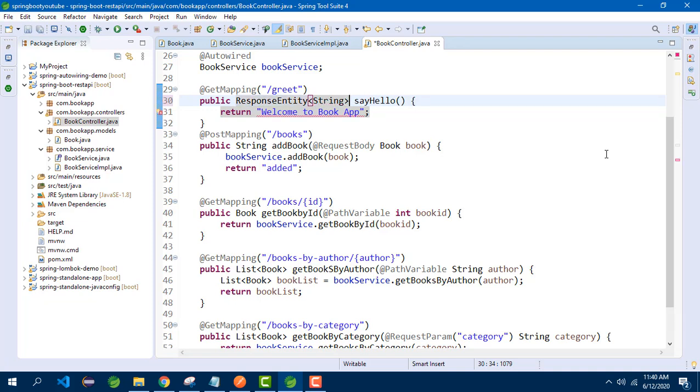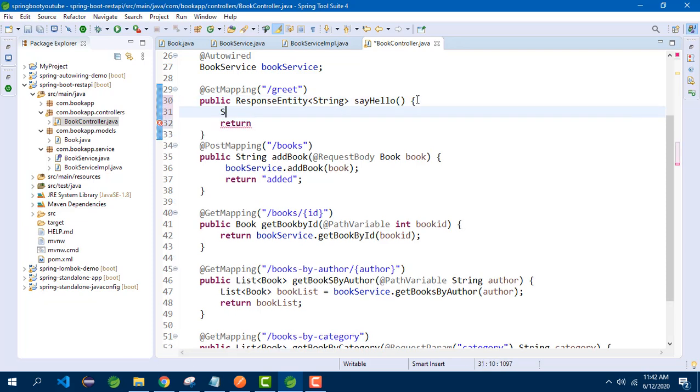Let us modify the code within this method. We need to return a ResponseEntity object, which is the response. It should have headers, body content and status code. The body content of the response should have this message. Let me create a variable of type String: message is equal to "Welcome to book app". We need to add headers to the response entity.